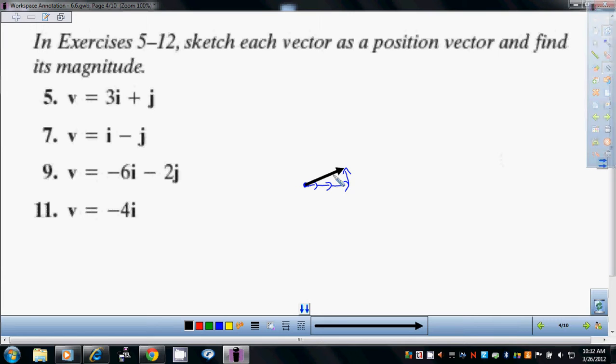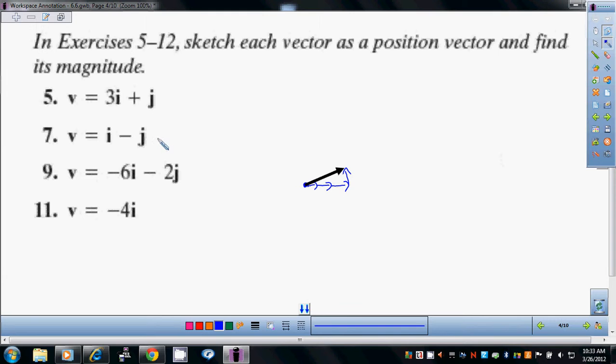So, sketch each vector, that would be number 5. Now you're sketching, so I don't know how long you want to make your units, I don't really care. As long as I see the little arrows, I'll understand that you were trying to do that. For number 7, right one, down one, and you're finished. Well, this is horrible. I can't do this like this. So number 7,